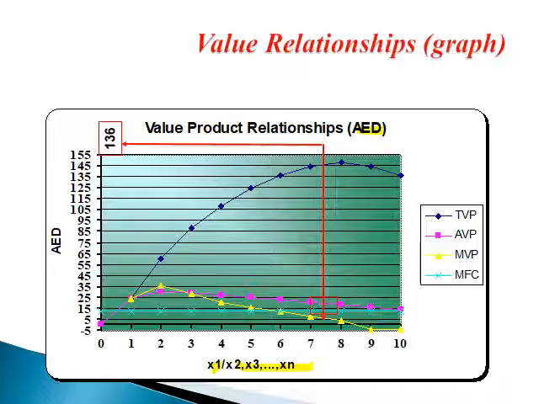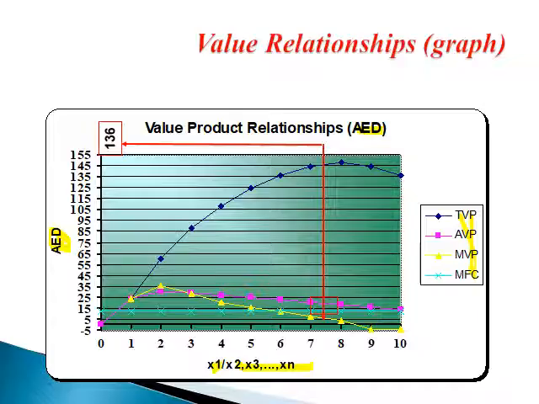Average value product is a function of the level of the variable input, and marginal physical product is another function of the level of the variable input. When you multiply a function by a constant, you obtain the same shape. The function doesn't change, because what varies is only the unit of measurement. That's the only thing you do. All these things are measured in monetary units, and that's why I can measure them all vertically, as you can see here.